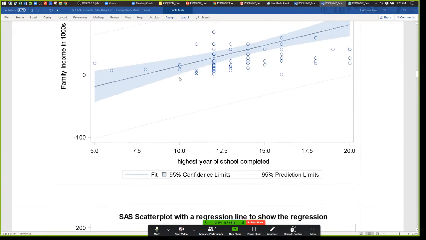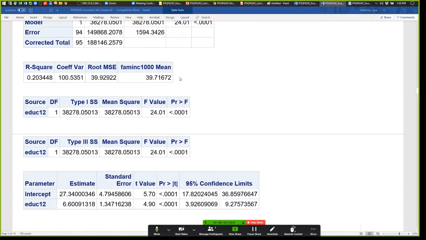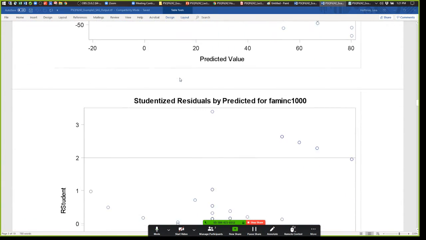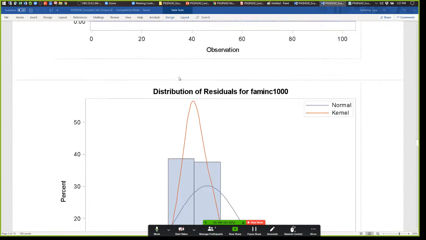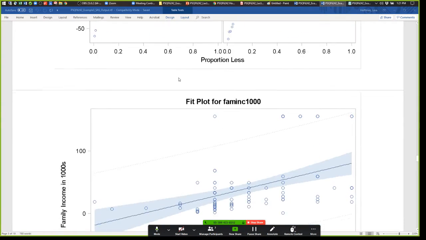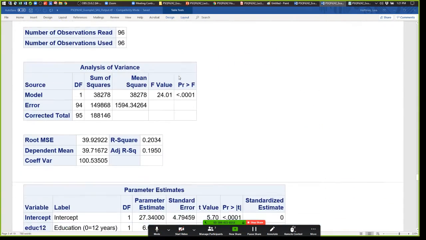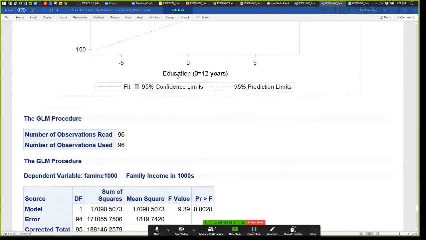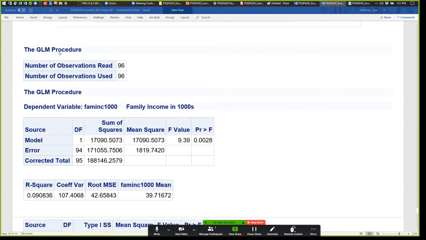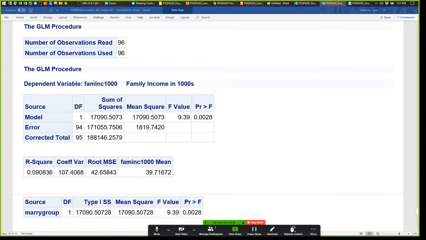So here is what we just talked about would look like. Lots of pictures. Talk about what those mean at some point later. There we go. So the SAS output that goes with the syntax and the handout that I just showed you,